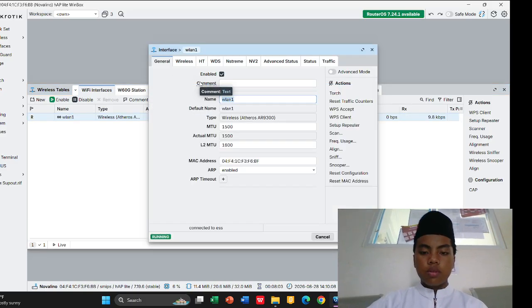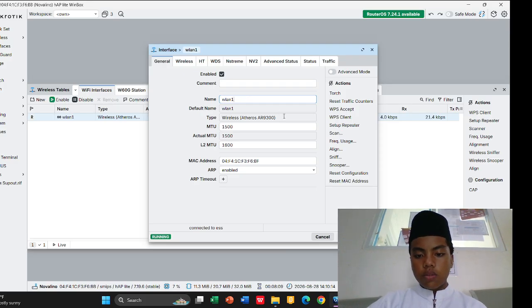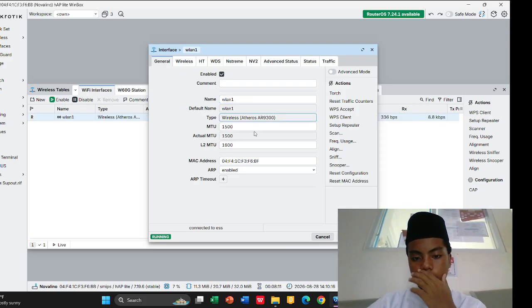in here set the WLAN 1 name to WLAN 1, and then after that you guys can follow the settings.